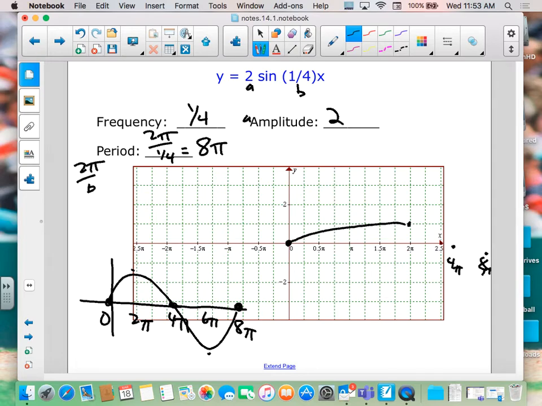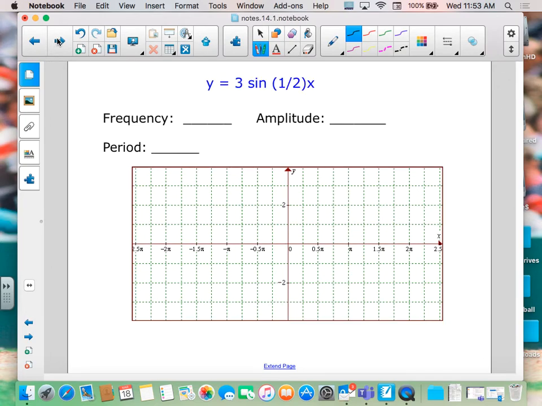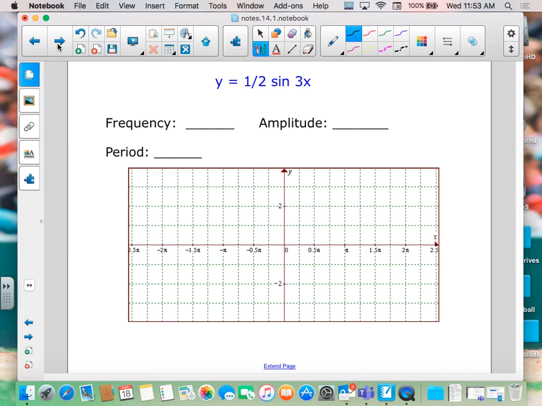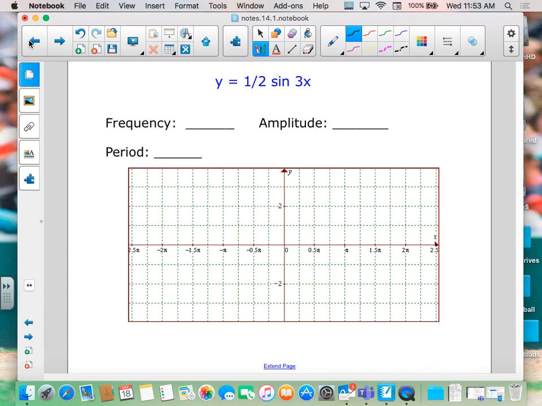So you could do that too. It's just if you're using consistent graph paper. When we had tests and all that stuff, we would supply the graph and we would have it numbered for you. Here's another cosine. Here's another sine, another cosine, another sine. I think we're going to, actually, let's do one more sine and then